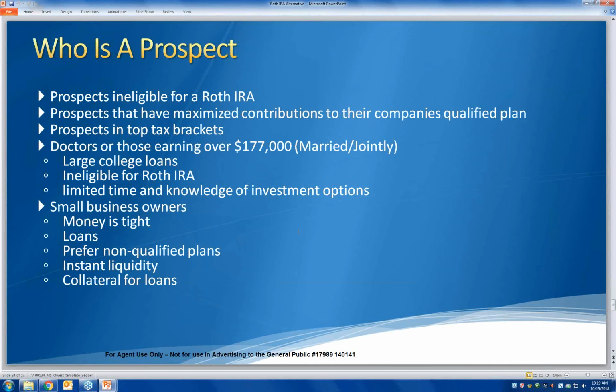So you think, gosh, who is a prospect for this if they're not 35 and they're not in pristine health? Any prospects that are ineligible for a Roth IRA, prospects that have maximized their contributions to their 401k plans or their qualified plans. They just can't contribute any longer or any more than what they already have. We have clients in top tax brackets that they'd like to divert those funds to. We have a lot of doctors actually that apply for this, who are married or joint with income that's over $177,000. If clients have large college loans, they're ineligible for a Roth IRA,